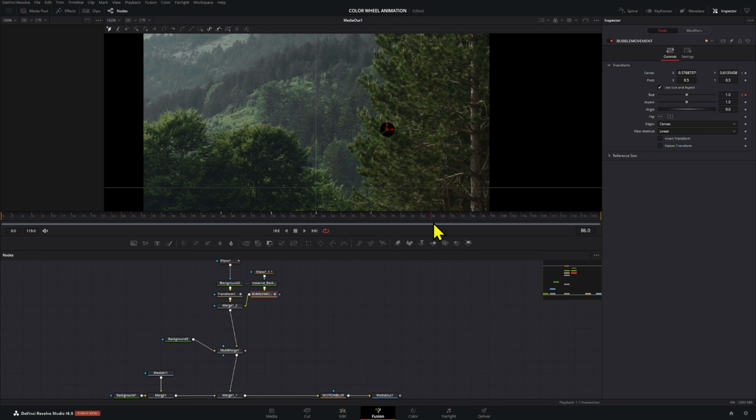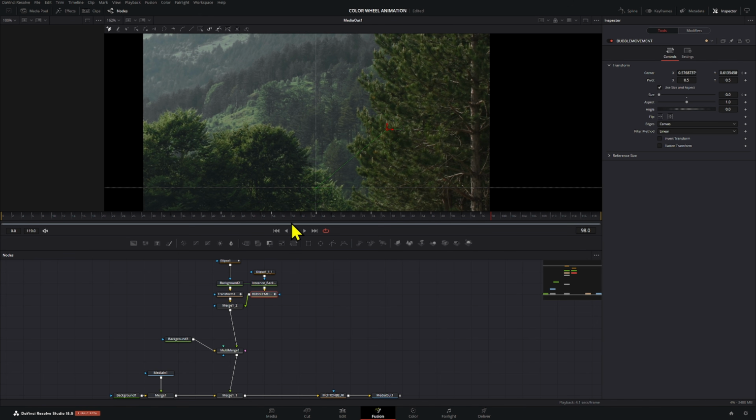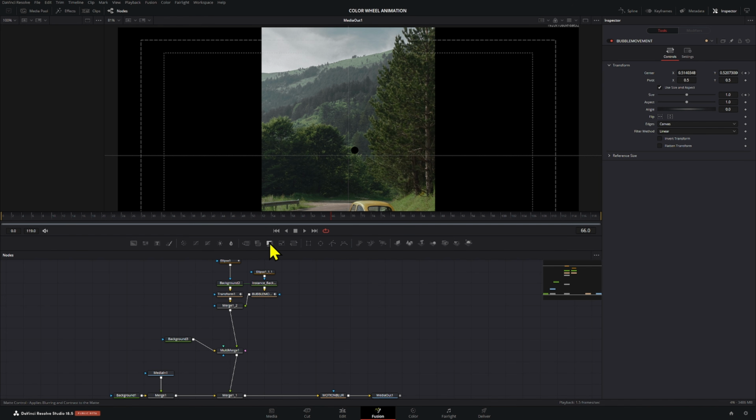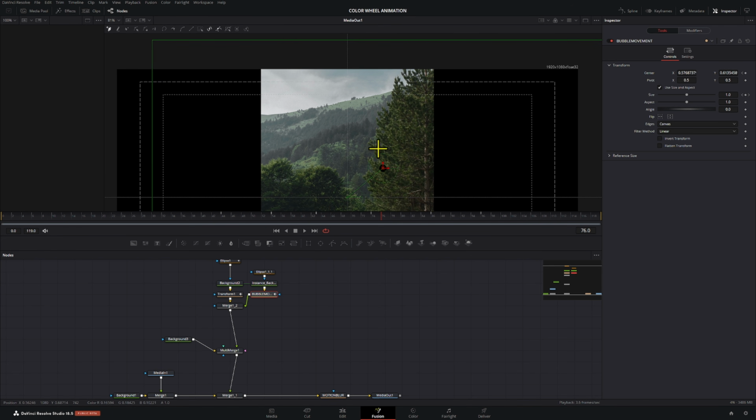We're going to click there and then at 96, let's say, bring these back to 0, and we can go and adjust the spline tool here again, and then press T to adjust the ease in and ease out options. There we have that. Now if you create these from scratch and want to modify the ending path, you're going to have to be in Fusion, and all you have to do is grab that second point right there and then move it around.